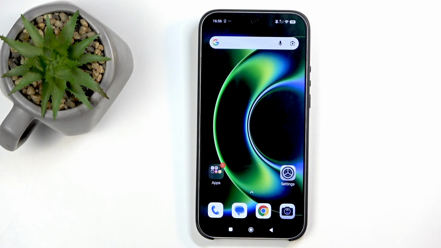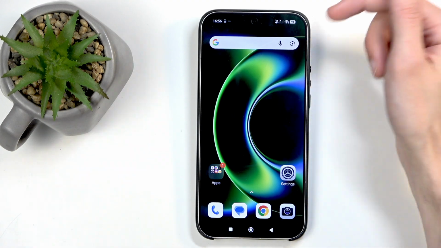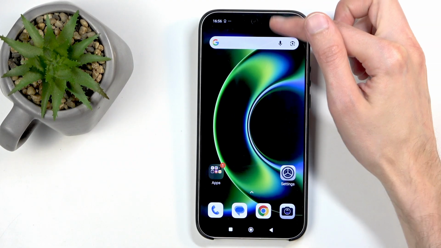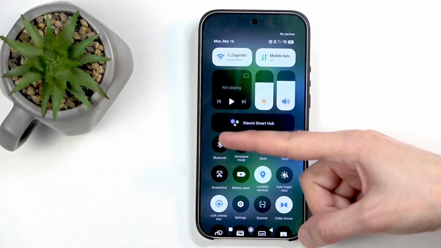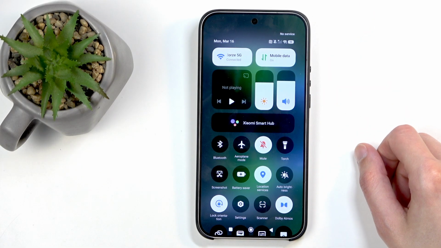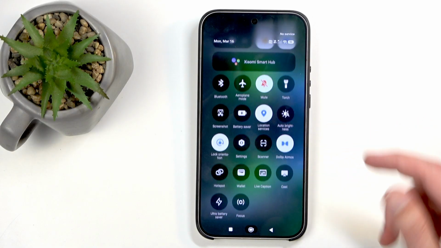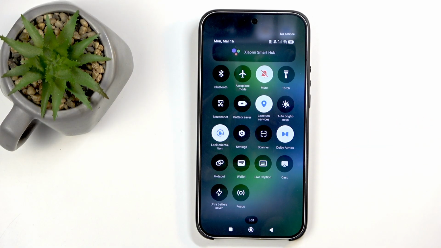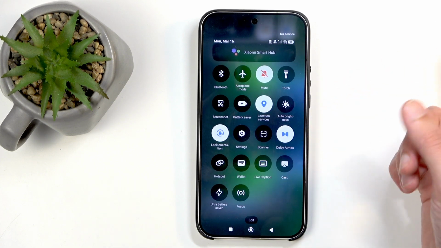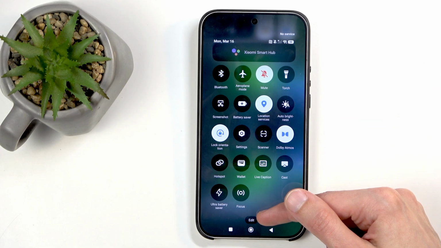So to get started, you will want to swipe down from the top right side of the screen like so, and somewhere in this list you will be looking for the Do Not Disturb mode. Now I already know that XIAOMI actually doesn't add it by default, so we do need to add it ourselves. And to do so, you just swipe all the way to the bottom, and this will show you the edit